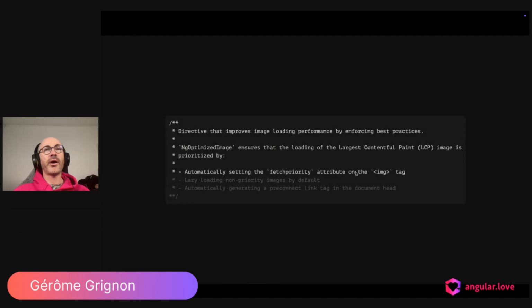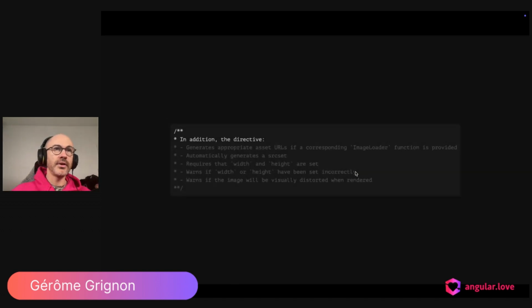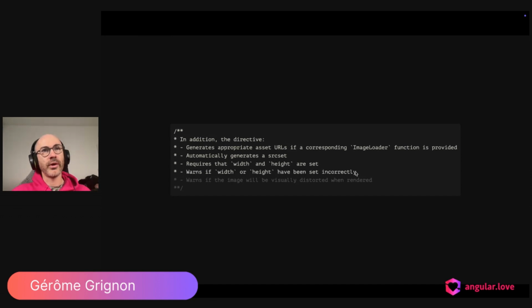Okay, so it's about setting the fetch priority, which is a native attribute already, using lazy loading for non-priority images by default, and also for SSR using a preconnect link tag in the document head. And in addition, it's also about generating asset URLs, because you could use an image loader, about using srcset like in the native way, while setting width and height, and to warn if width and height have been set